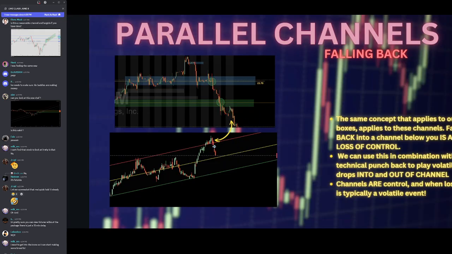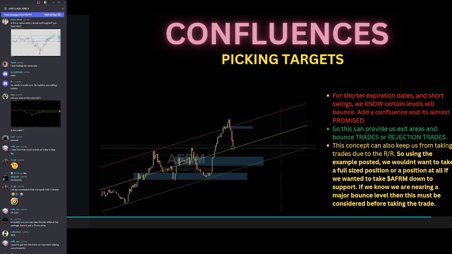Now, this is a phenomenon I have noticed, the same way that I noticed it with the upside. When you fall back into a channel that you've broken out of, typically it's going to represent, right, my strategy, which is, oop, nope, go back.